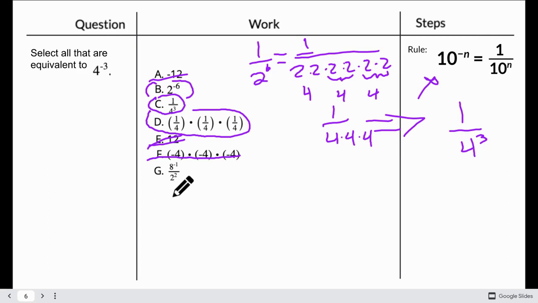Now for G here, let's see, we have 8 to the power of negative 1. So we're going to throw that on the bottom here. So we have 8 on the bottom to the power of 1 times 2 to the power of 2. So that gives me 1 over 8 times 2 to the power of 2, which is 4. Well, 8 times 4 is not the same as 4 to the power of 3, so not that one either. So our only answers are B, C, and